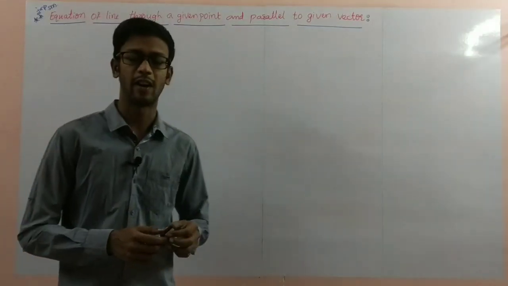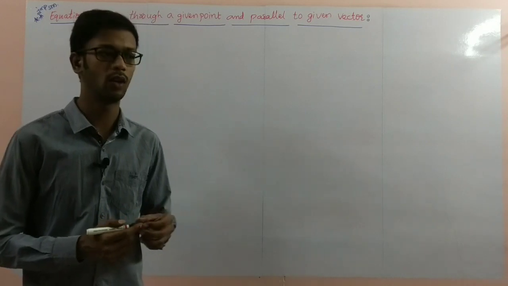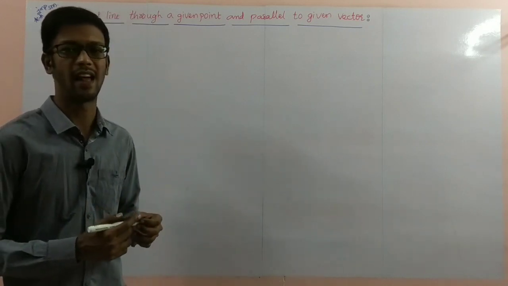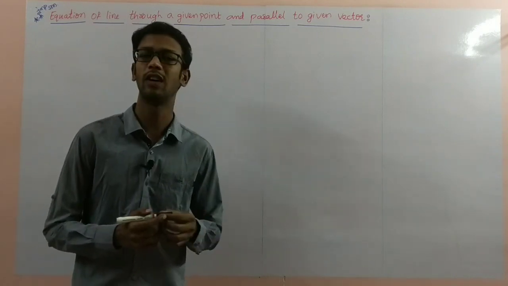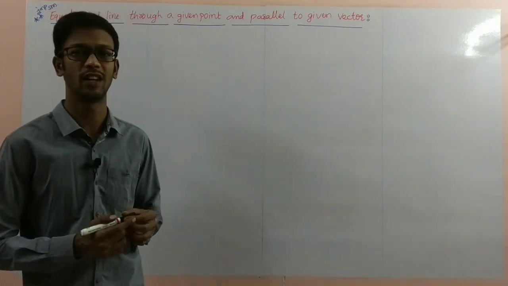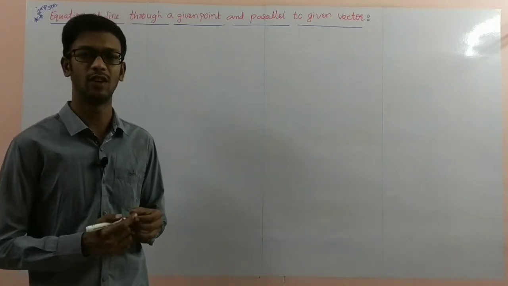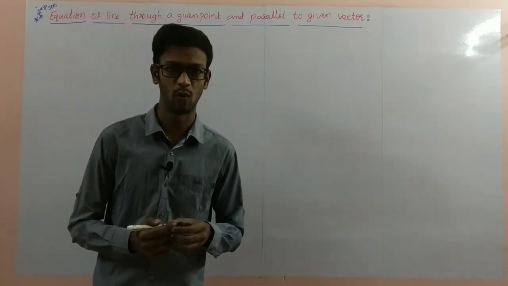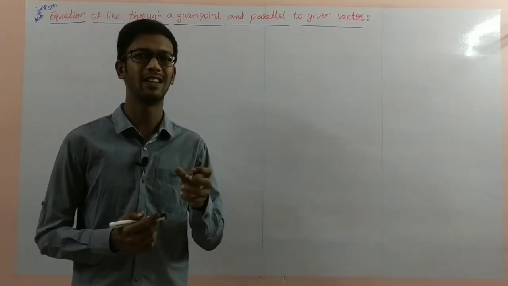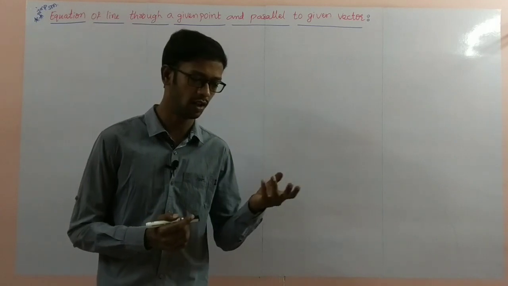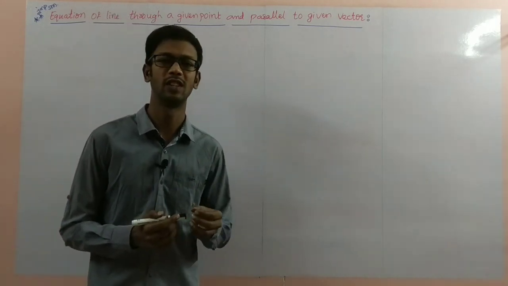Now we start our next concept, equation of line. Already I told that the first exercise covers basic direction cosines and direction ratios, the second exercise will discuss the line equations in space, and the third exercise will discuss the plane equations. In first year we discussed the two-dimensional line equations, point slope form and four or five different types.